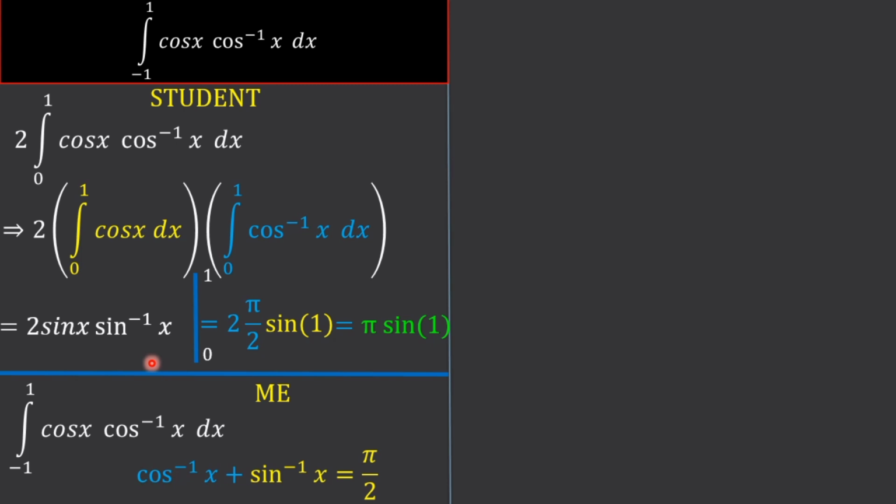Great. And guys, if he made cos inverse of x the subject and substituted into his integral, he was supposed to have the integral going from -1 to 1 of cos x. What is cos inverse of x, guys? According to this, once you make it the subject, it is pi over 2 minus sine inverse of x dx. Great. Then, guys, at this point he could multiply all through by the integral of cos